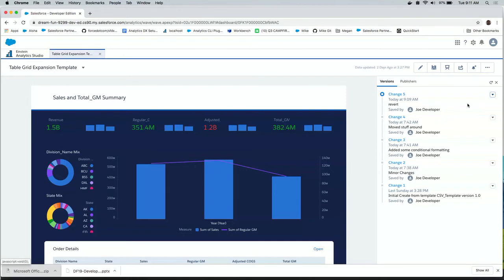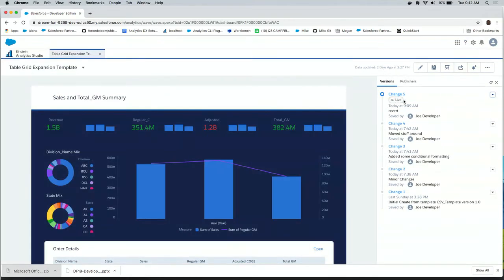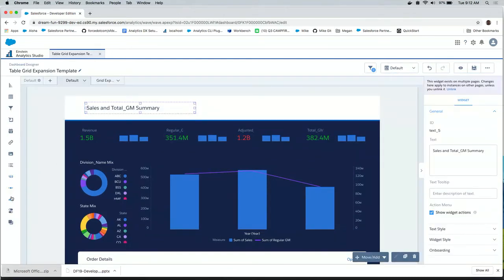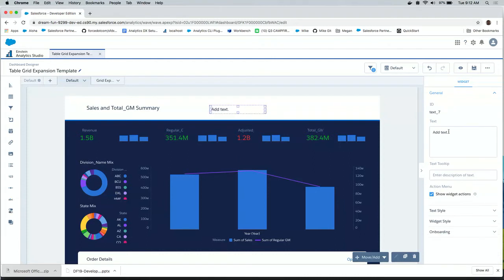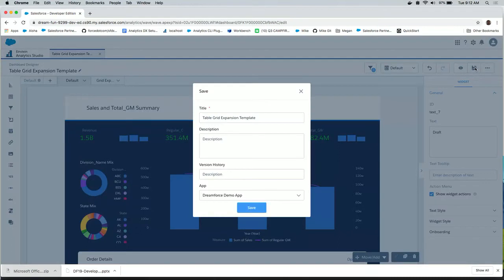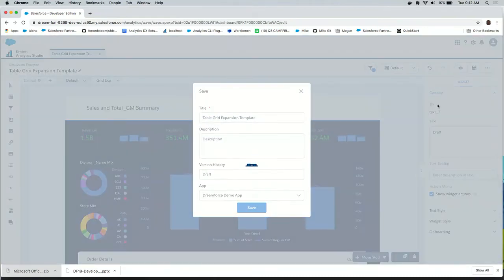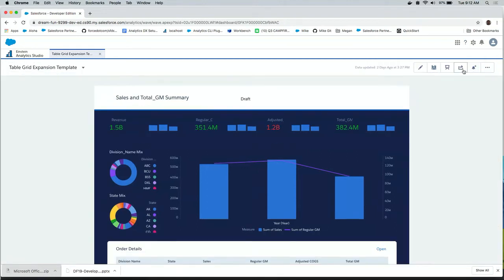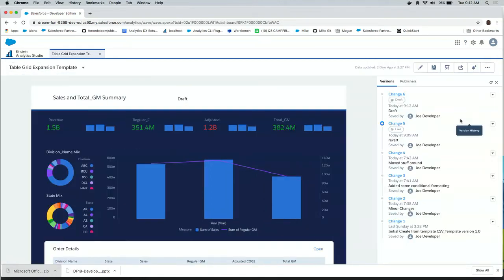I'm going to make change 5 live, right? So then I get a little pill there that says that's the live version. And then what I can do is I can go in here and, for simplicity, I'm just going to make a little change. I'm still working on a draft here. I'm going to save this. This is my draft. I'm going to go back over here. By the way, this little thing's only available when you're in preview mode. So I come over here, I go back to version history, and you'll see that this one's marked as draft